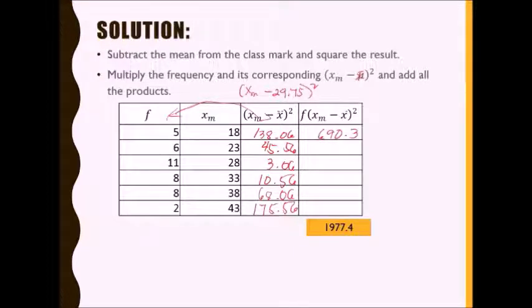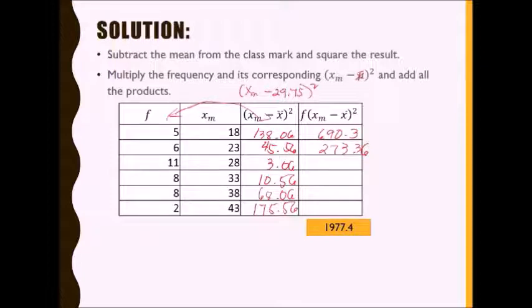Then 6 times 45.56. Okay, 273.36. Then the next one is